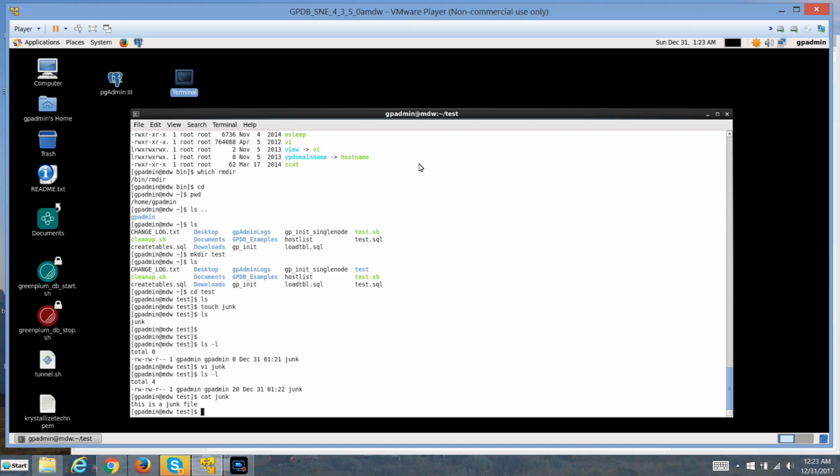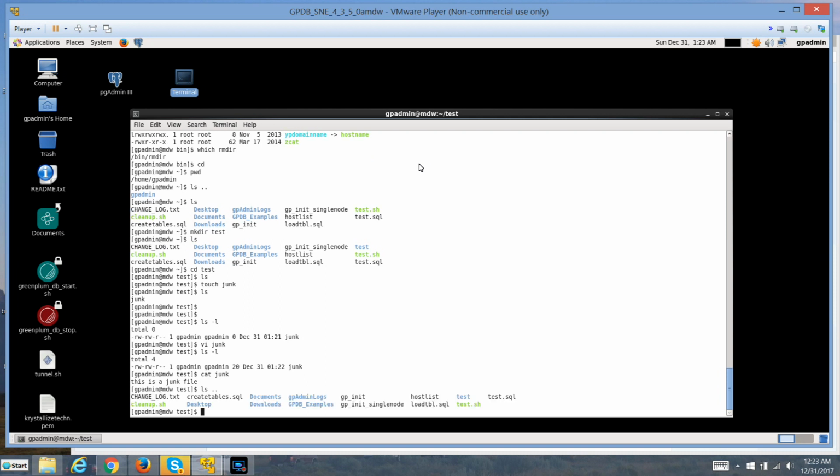Now there's another thing called redirection you can do. If you use a caret, you can actually redirect the output, instead of to the screen, to a file. So let's do an ls. Let's say we want to do an ls of the previous directory, right? But instead of going out to the screen, we want to actually put it into that file. So ls, and we're going to use the caret